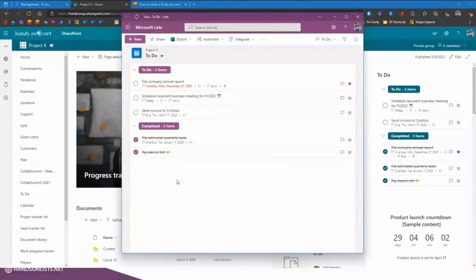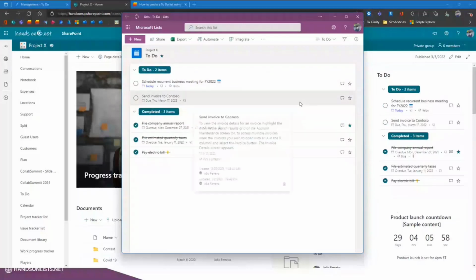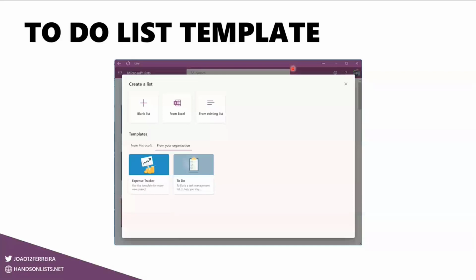So before we wrap this up, I don't have it yet available in the GitHub repo. I will try to make the PR still today, but for now, what you can do to get the code is go to blog.handsonlists.net. For this post, there are actually 3 articles that explain in detail each one of the things that I show here. And as a bonus, you will also get a script that allows you to install the to-do list already with the formatting in place as a template for your organization, so other users can take advantage of it and can easily replicate this to-do list in other scenarios.